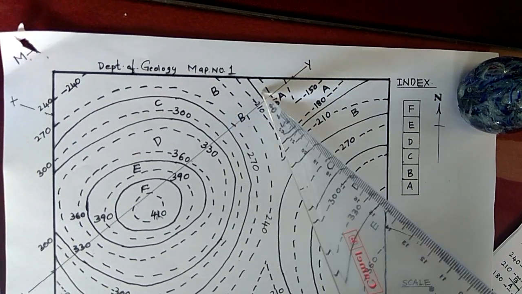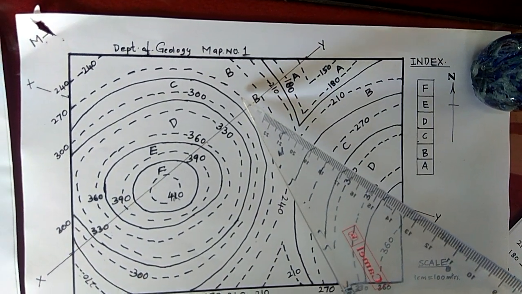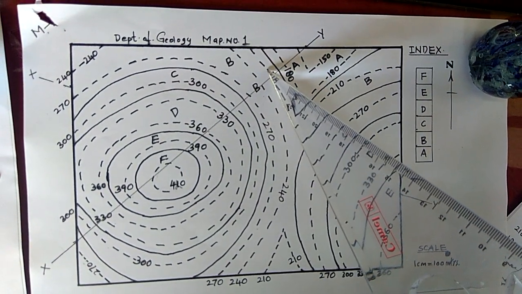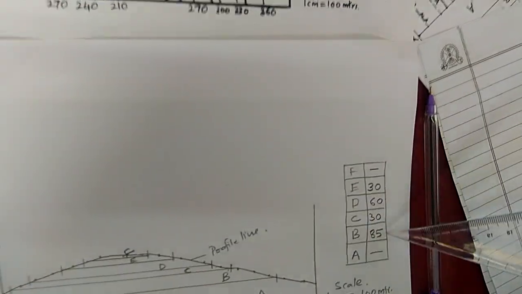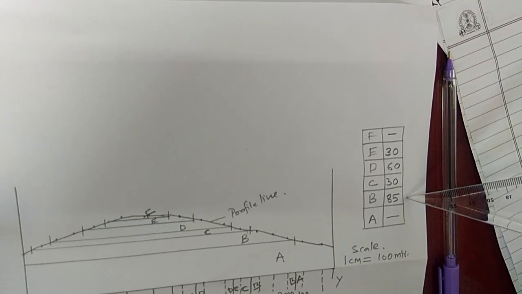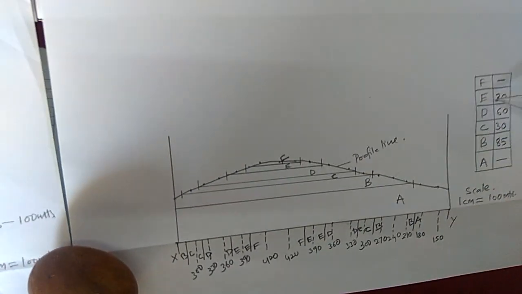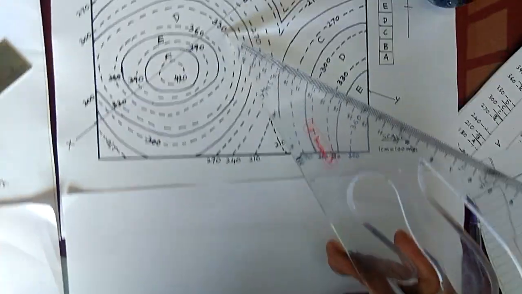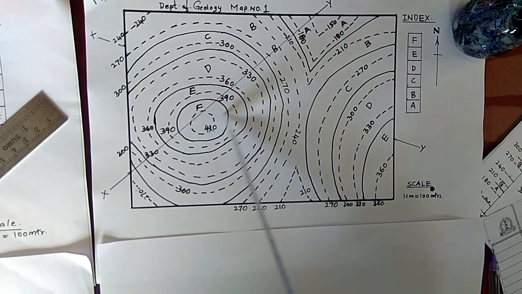And another one, if you want, you can cross check. B bed is having three parallel contour lines that have passed. Each is having a 30 meters thickness and total 90 meters we are expecting here. According to the drawing, we have got 85 meters thickness. It is almost all right. So in such a way we have to trace out the thickness of the different beds. It is once again the 60, this is the 30. Okay, right friends, it's a very simple map.